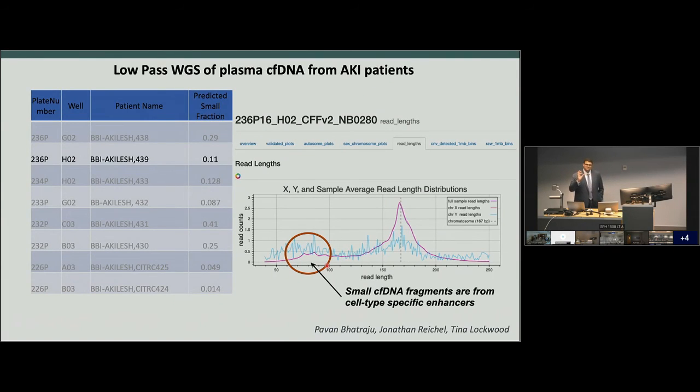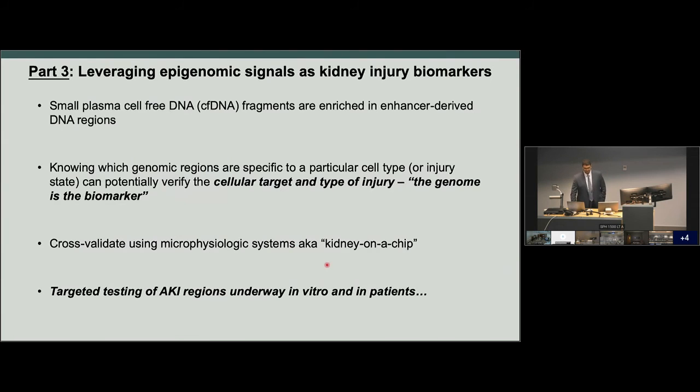We can now look specifically for those regions in the cell-free DNA of these patients to ask, does the acute kidney injury that they're manifesting clinically correspond to a cell-free DNA biomarker of kidney injury? So we're still in very early days on this, but we're excited that we've identified now regions across the genome that are showing that graded response of their enhancers up or down. And we now are looking at those particular regions in these patients with acute kidney injury, both initially in their plasma, but we also want to look at urine as well.